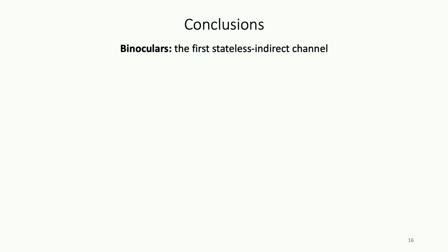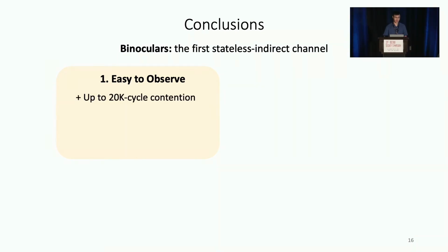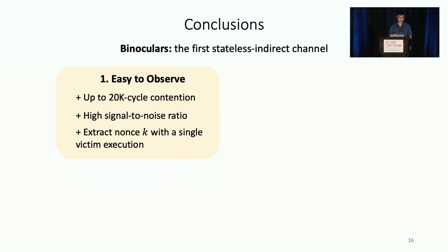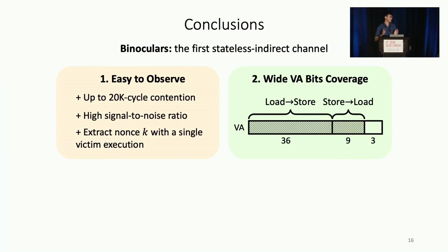To summarize, the Binoculars attack is the first stateless indirect channel. It exploits the contention between page walker loads and normal memory accesses. And there are 3 important things we need to remember about the Binoculars attack. First, it's very easy to observe because it creates a contention of up to 20,000 cycles. And that results in a channel with a high signal-to-noise ratio, and we can extract the nonce k with a single victim execution. The second thing is that we built 2 attack primitives, and they can leak a wide range of virtual address bits. And the final thing is that